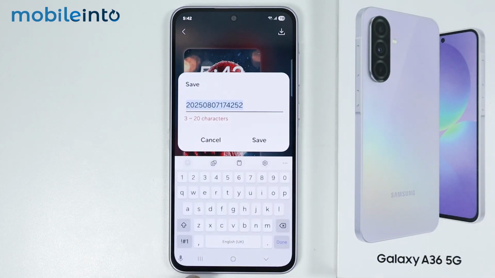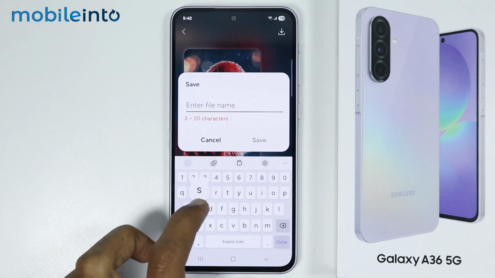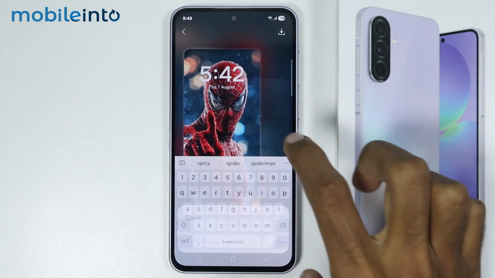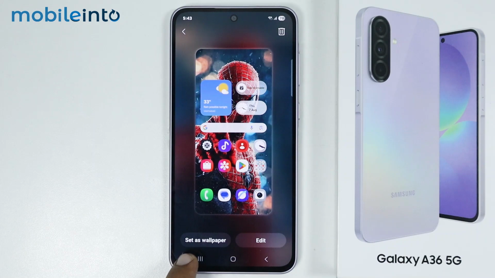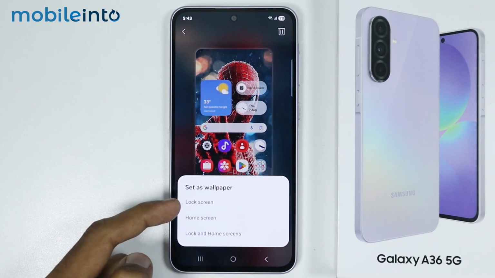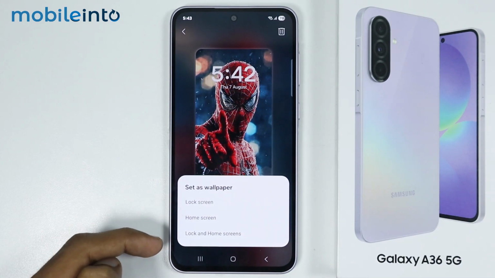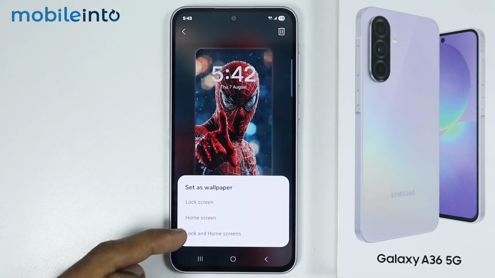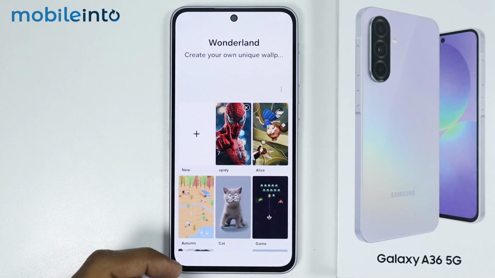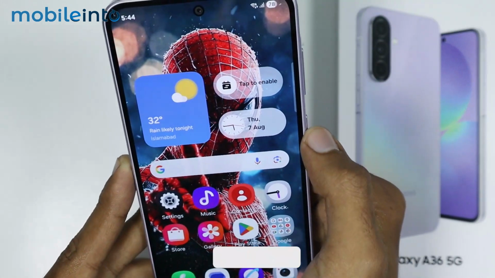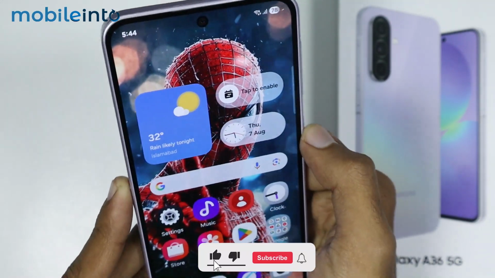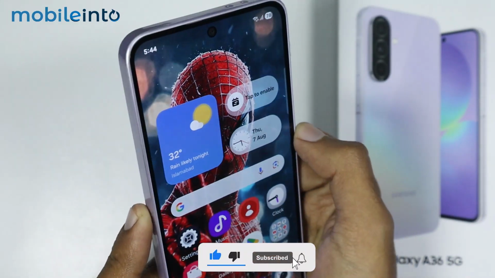Now just give a name to your spatial wallpaper. After that, just tap on save and select set as wallpaper. Now from here, you will have the option to set this spatial wallpaper as your lock screen wallpaper, your home screen wallpaper, or as your lock screen and home screen wallpaper. I will select lock screen and home screen. And this is how you can set spatial wallpaper on the Samsung Galaxy A36 or the